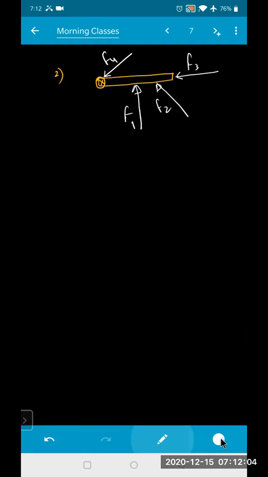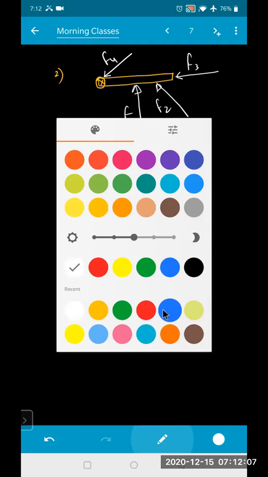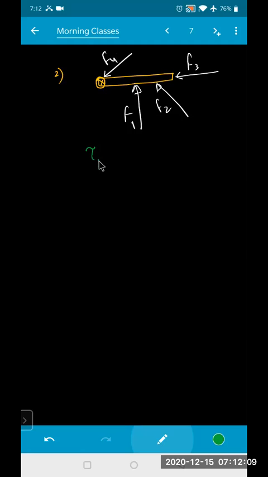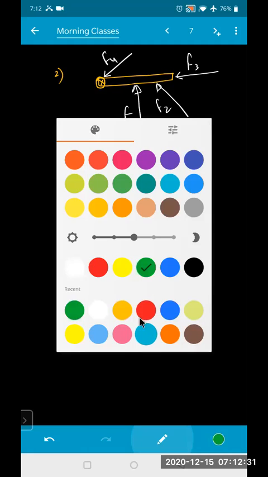Now, torque will be 0 because of which force? Torque is 0 because F3 is passing through the axis, so that is 0. Torque because of F4 is also 0 because it is passing through the point of axis of rotation. Hinge reaction also forms there, so torque because of your F4 is also equal to 0. Clear? We can calculate the torque because of F1 and F2 if the angle is given, which we can do in numerical problems.